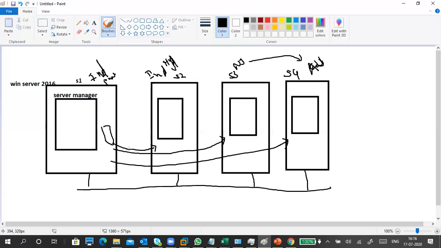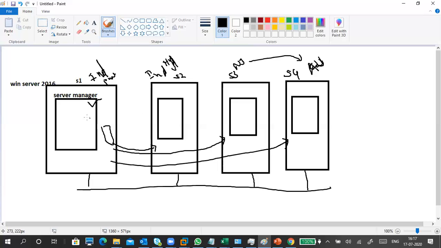You can sit at your desktop and connect to whichever server you want, one by one. I want to see the monitoring of different servers at a time. I want to deploy some services and see how it looks. I want to monitor everything on one single screen only. I don't want different remote desktops. I want to maintain all these servers from one single screen only. Then our server manager does that work.